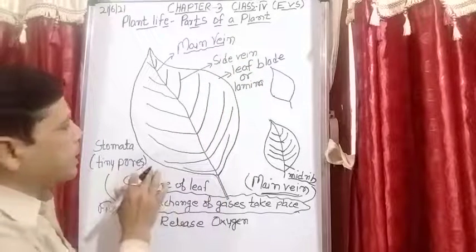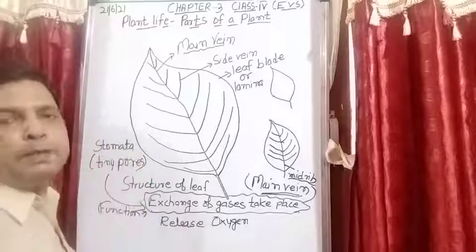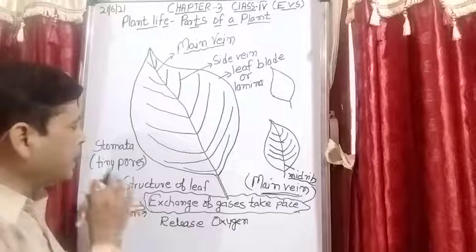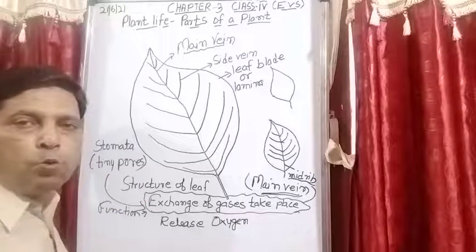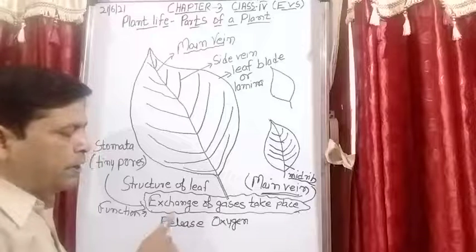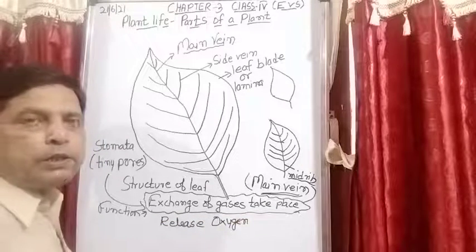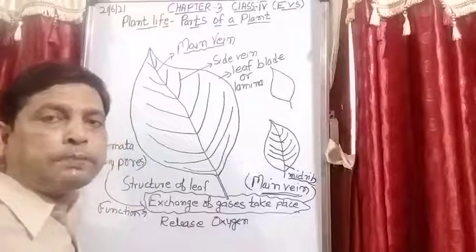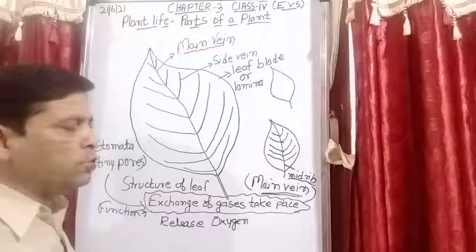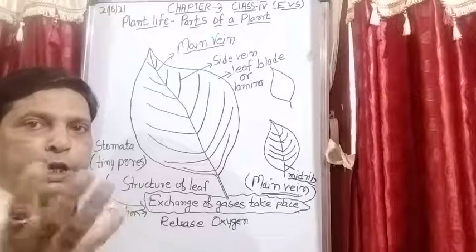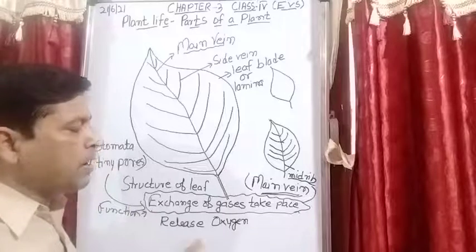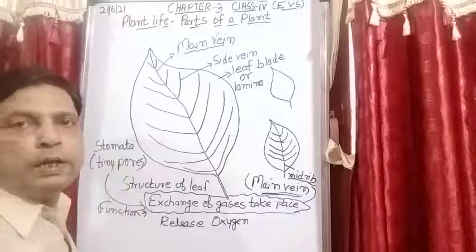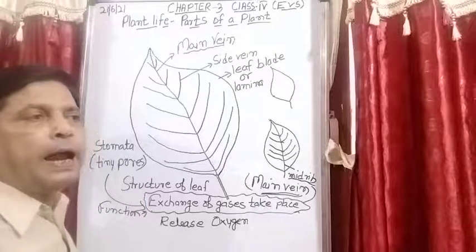Okay, after that in the leaves stomata is present. Now the question arises, what is the stomata. Stomata are tiny pores. Now what is the role of these stomata. So here exchange of gas takes place. Exchange of gas means what, when the plant prepares food, because leaves are known as the kitchen house of the plant. So when they are preparing the food, the plant needs carbon dioxide. So they take carbon dioxide from these tiny pores, that is known as stomata,